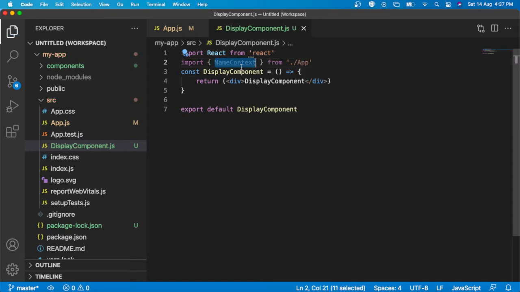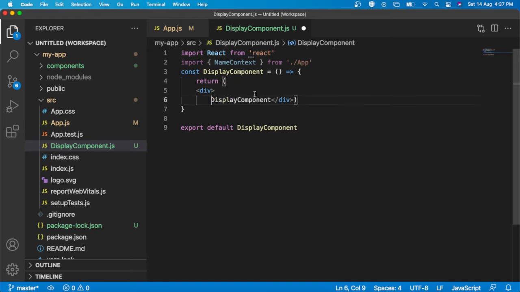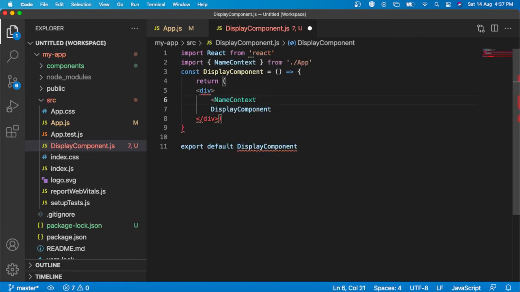Now I have to consume the value here, right? So inside this div I am going to consume the value, using the consumer. Inside this consumer we have to wrap this component.